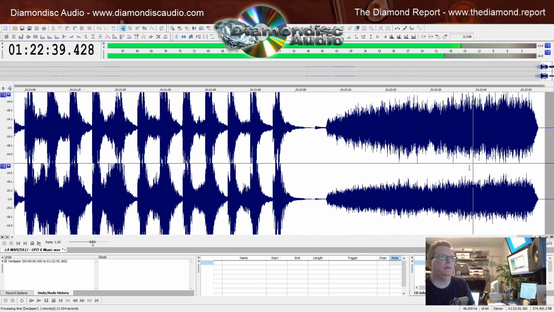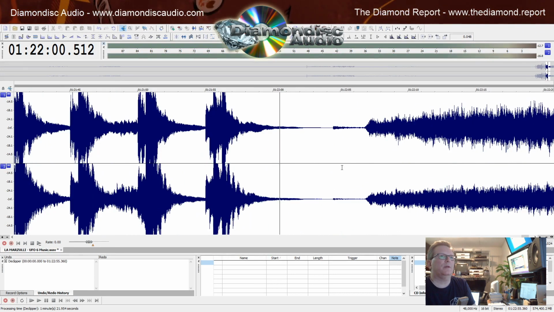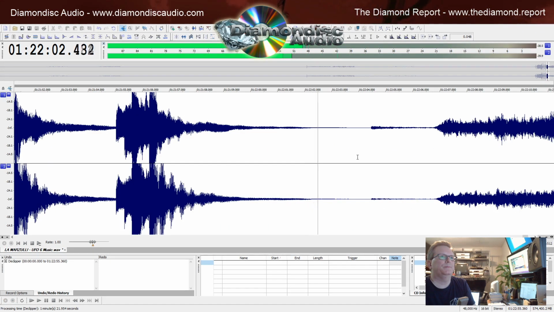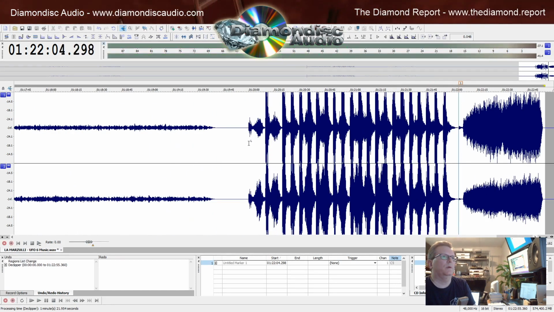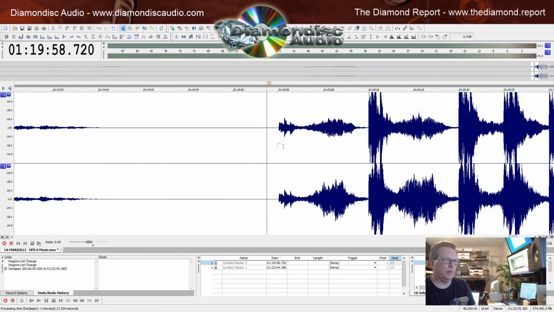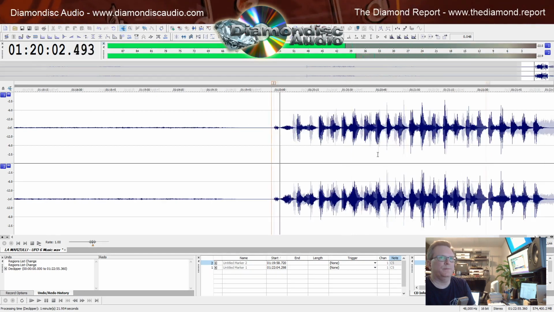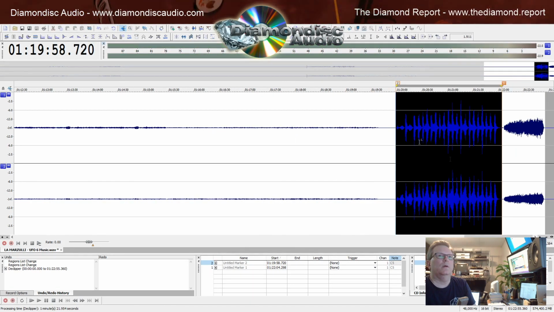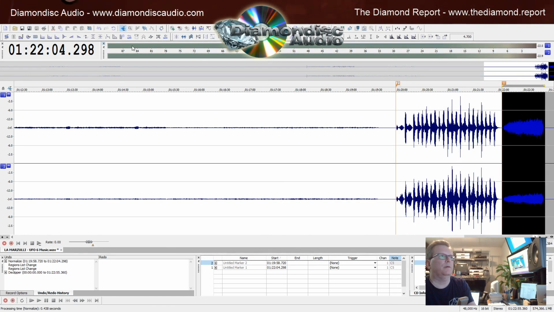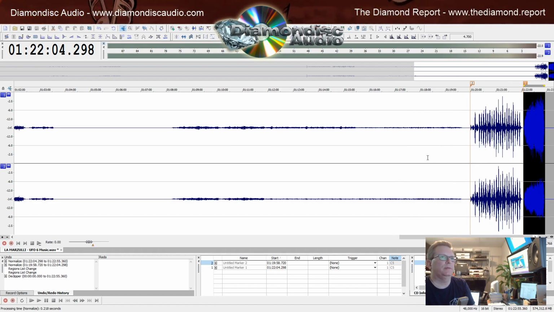Synth pad. So what I want to do is put a marker in here, and another one here at the beginning. I think this piano here is where the credits in the film are, the credits at the end of the film. Alright, so I'm going to normalize, just bringing that peak up to 0. I'm going to normalize this one too. I know it's way louder, but that's okay.